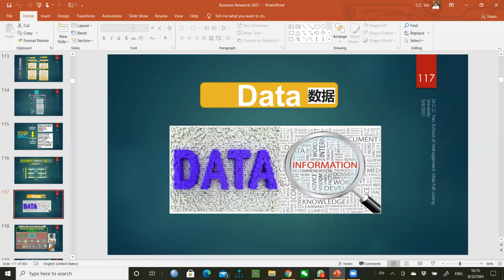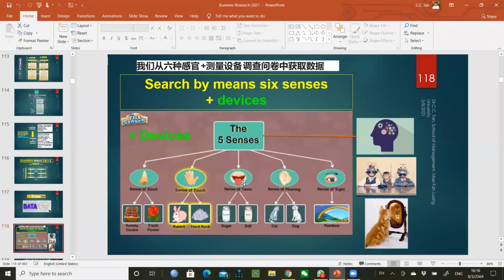So in a sense, we need to involve with data. The more we understand the data, the more we understand what is going on in our research journey, and that we can be successful in the research journey. That depends on the data. And so what do we mean by data? Data really is nothing but